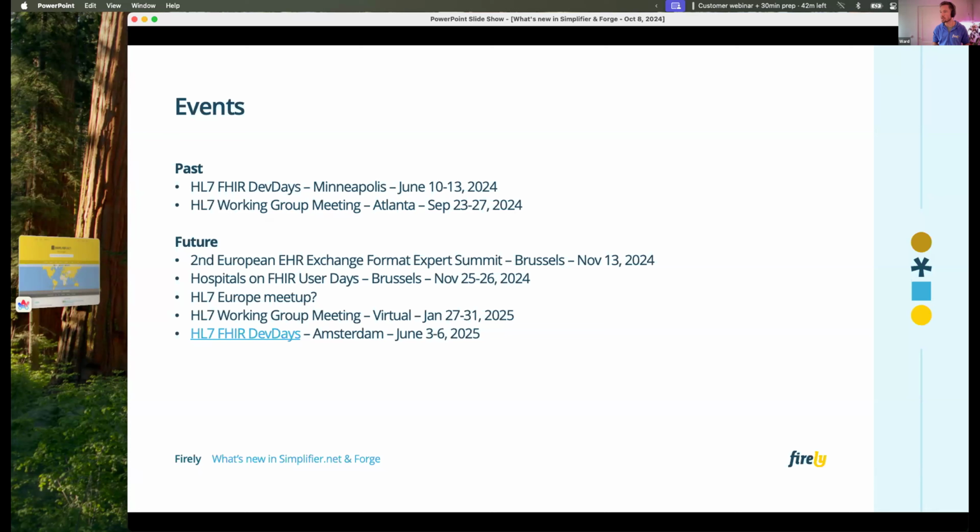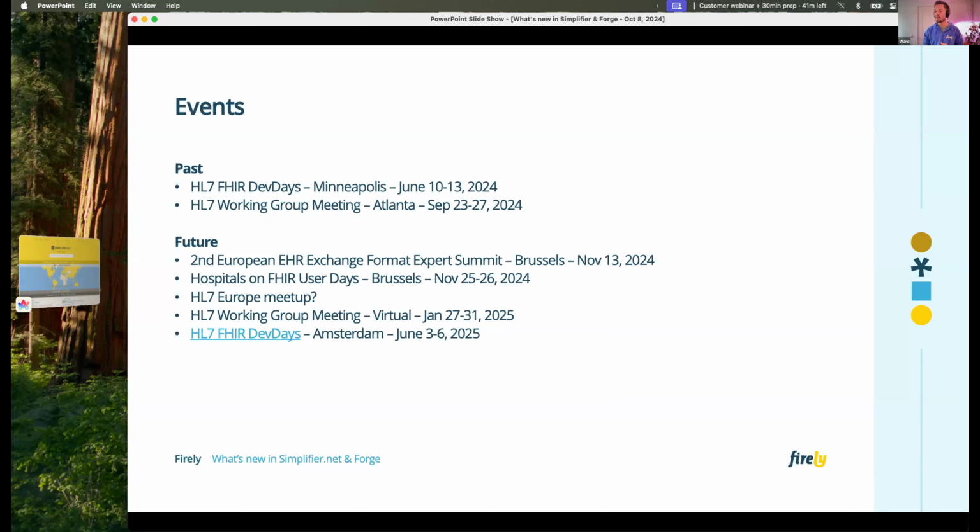One thing that I'm considering going, probably will go, is here in Europe, in Brussels. There's 2 events going on. One of them is on the EHR Exchange format. So there's a lot of hype right now around the EHDS, the European Health Data Space. This is one of these working groups that comes together and thinks about what the concrete exchange formats need to be within EHDS. So I look forward to go there and learn what it's going to mean for the FHIR